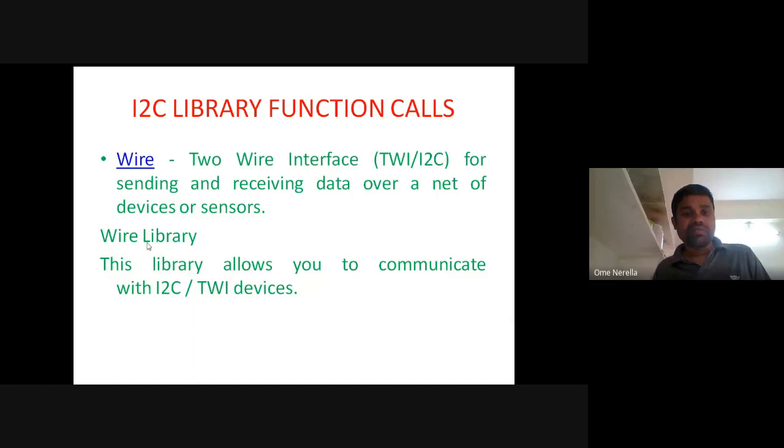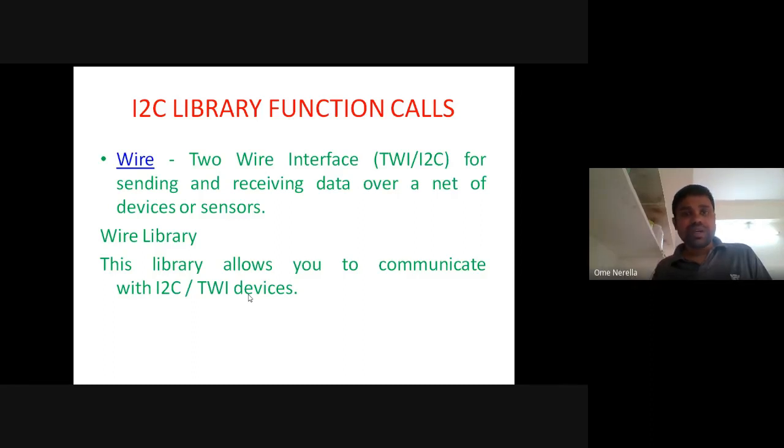Here we are using the Wire library. The library allows you to communicate with I2C devices or two-wire interfacing devices. The main intention of the Wire library is to communicate with I2C based devices, maybe an I2C based 7 segment display, an I2C based RTC chip, or I2C based memories, and so on.